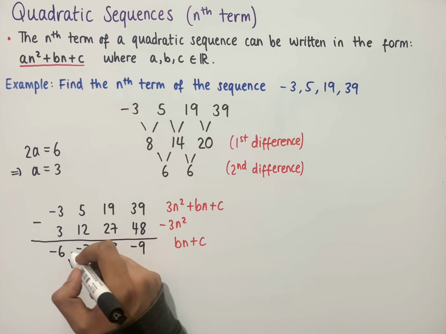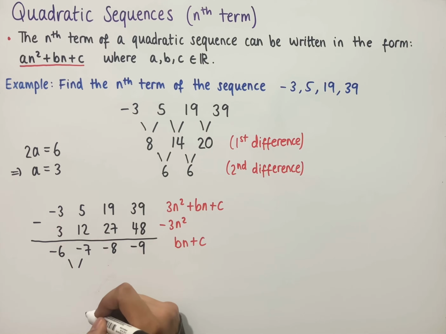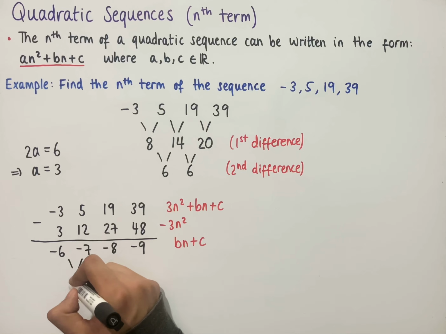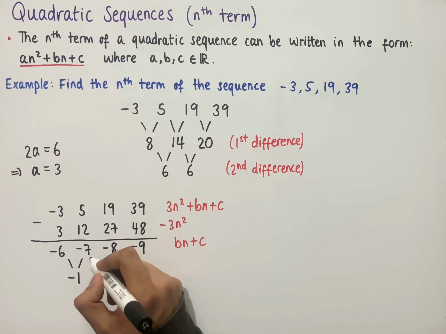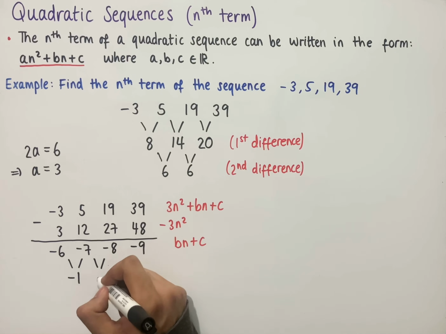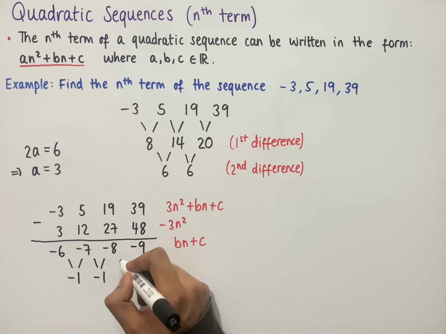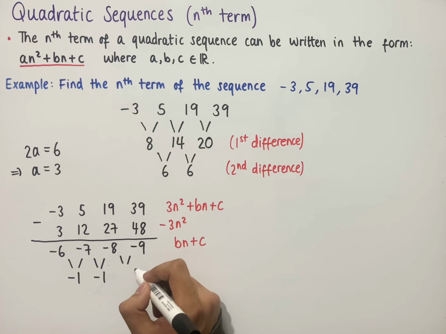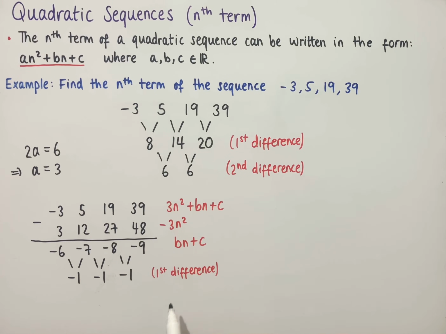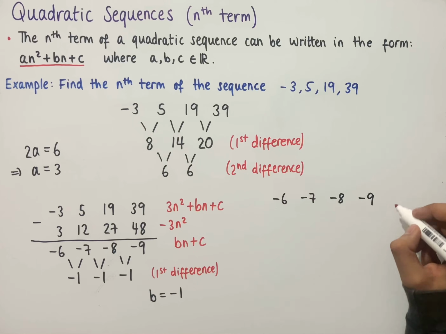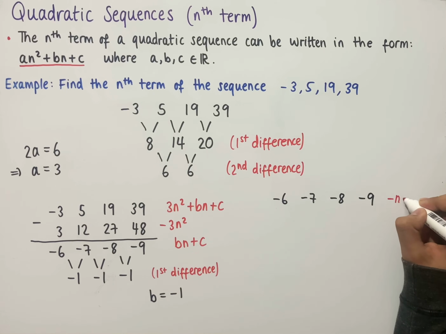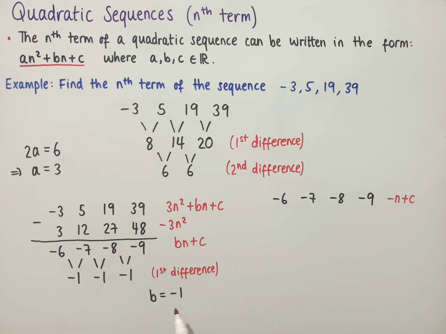So that's -7 minus -6, which would be -7 plus 6, which equals -1. And then the next term would be -8 minus -7, which is -8 plus 7, which is -1. And then -9 minus -8, which is -9 plus 8, which is -1. And so because the first difference is the same and this is a linear sequence, then we have that b equals -1. So the nth term of this sequence would now be -n plus c, because we've replaced b